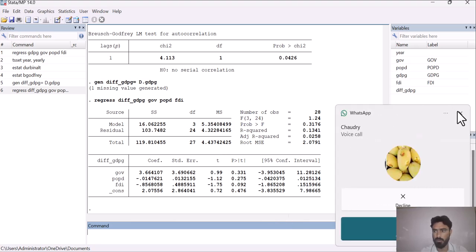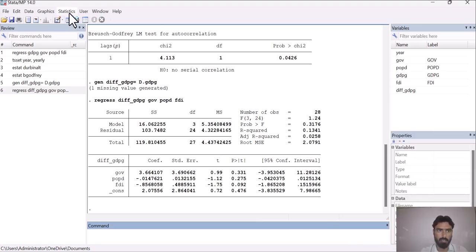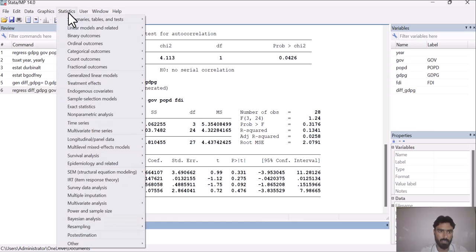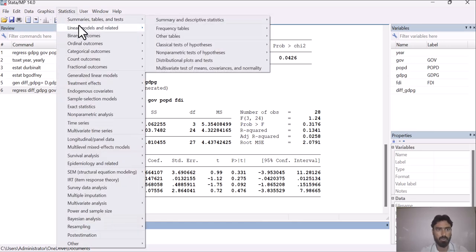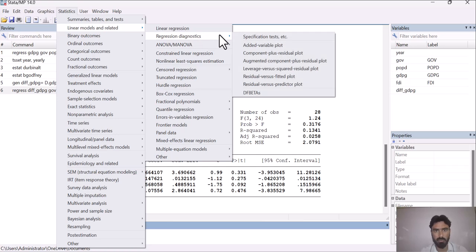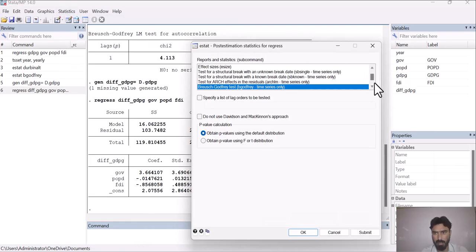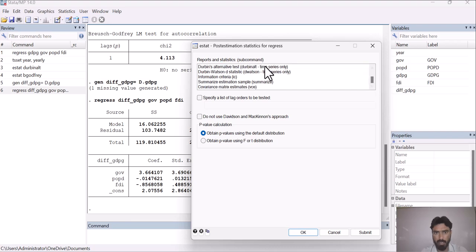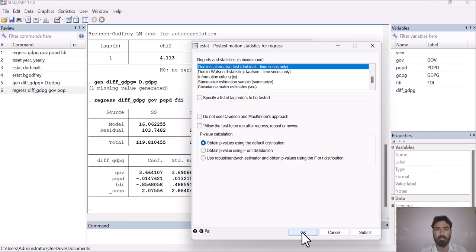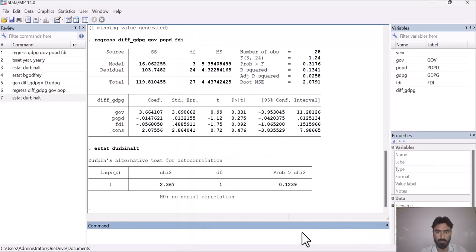So now go to Statistics, then go to the linear regression model, then Regression diagnostics, then Specification tests, and here apply the Durbin alternative test and then click on OK.